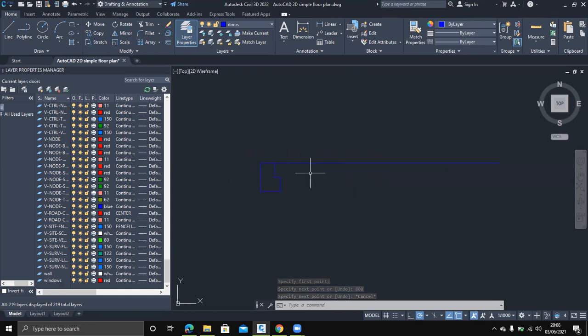Then I will activate the command of mirror by just typing MI, and then I will select the object, and then I will click enter. And then with the help of midpoint, I will be able to identify the midpoint of this line, and I will select that midpoint as my first point of the mirror line. And I will have mirrored that object to this other end successfully. I will not erase the source object, I will keep the source object, and you can see I have successfully mirrored this at a distance of 800,